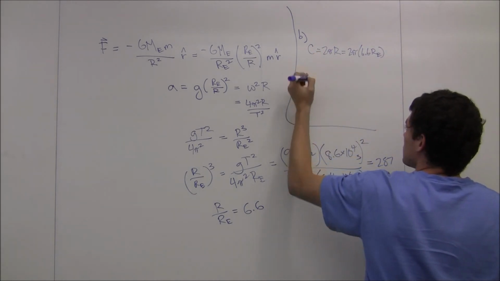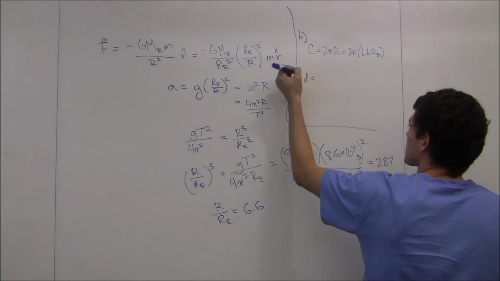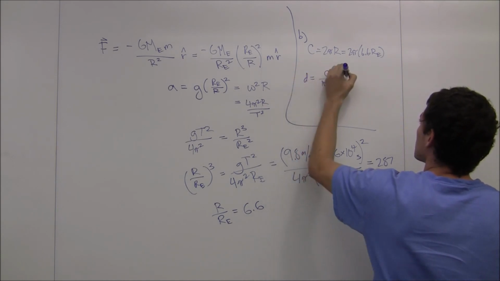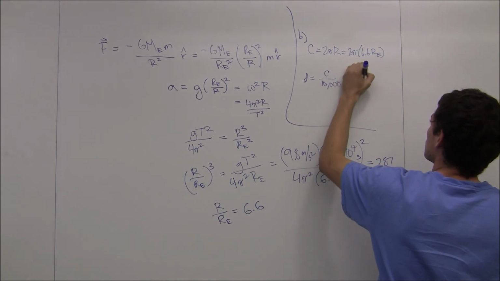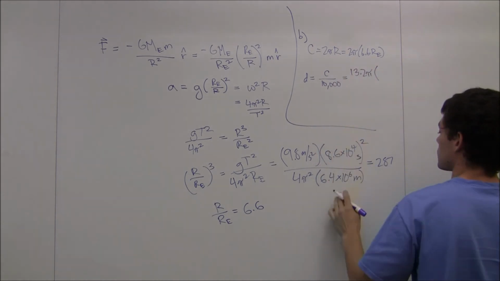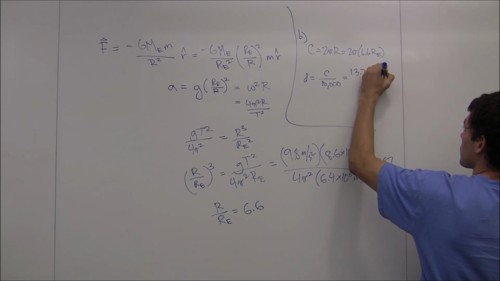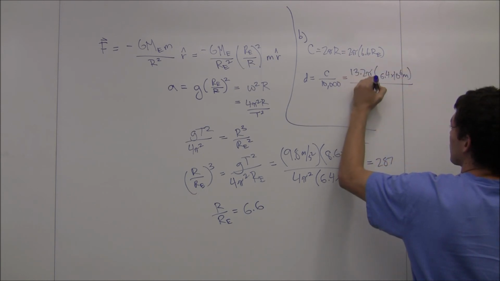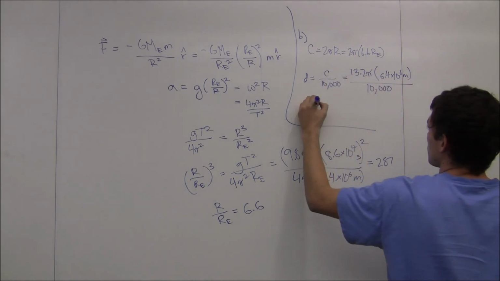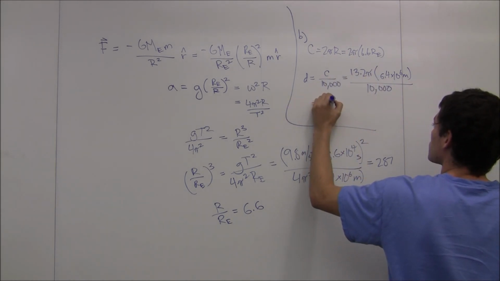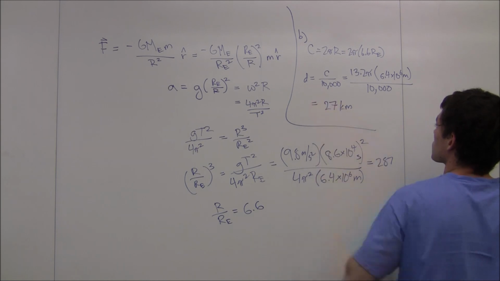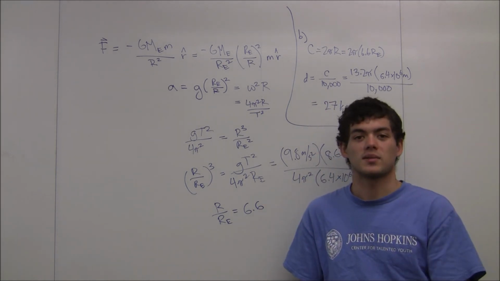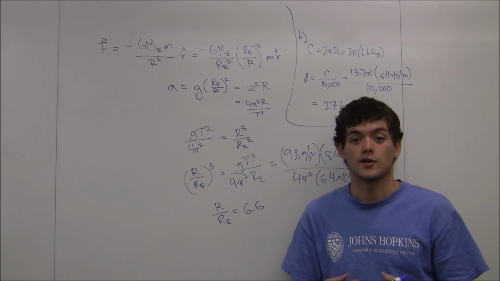Then little d, the distance between the satellites, is just going to be C over 10,000, since they're all sitting in that one line, which is equal to 13.2 pi times 1 Earth's radius, 6.4 times 10 to the 6th meters, divided by 10,000 satellites, which comes out to be just about 27 kilometers. So if there are 10,000 satellites sitting in that one little band, each one is going to be 27 kilometers from its neighbor, assuming that they are evenly